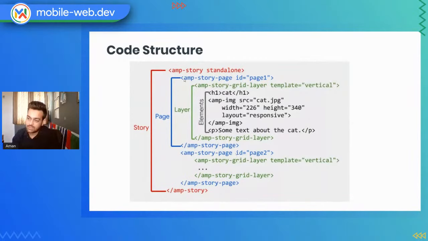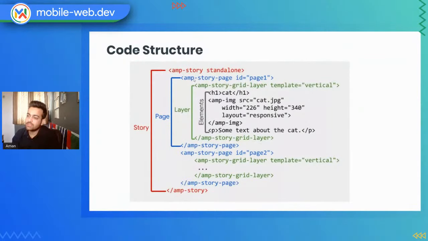So these are basically our tabs. In this example we have two tabs. One is the amp-story-page, and then you have to give an ID which should be unique. In this case we have page1 and page2. You can name them just 1 or 2 also, but the only rule is that it has to be unique.